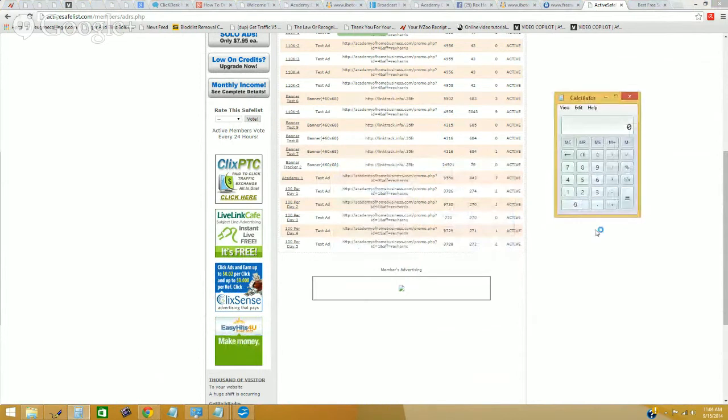Okay, you're logging in and out of the safe lists every day anyway, for those of you that are using them. So it only makes sense to test every element of this site to see what's going to produce for you in terms of traffic to maximize your time, because you're going to find sites out here where you may run a test on them and they don't produce anything at all. But when you do find a site that is producing some clicks, and it doesn't have to be a ton of clicks, because if we just go through and we look here, we've got 3 plus